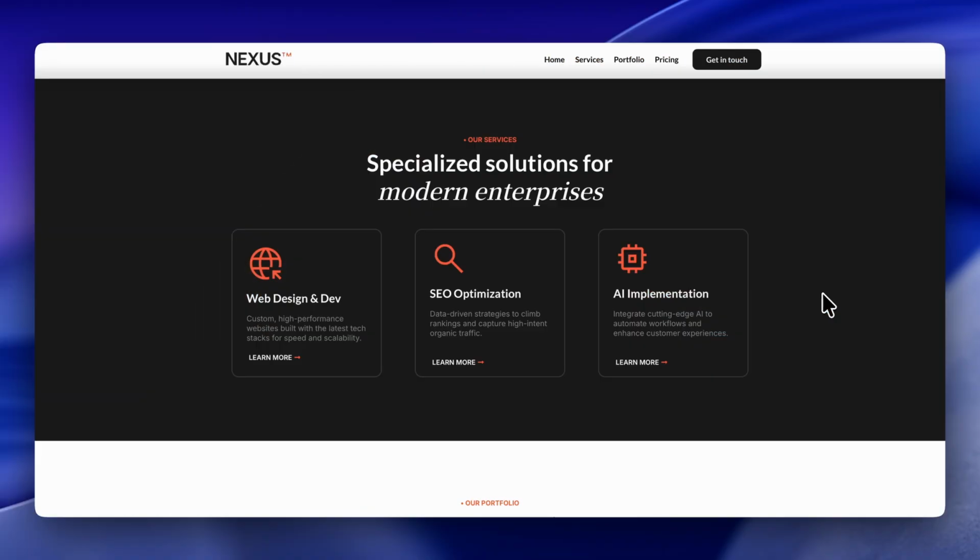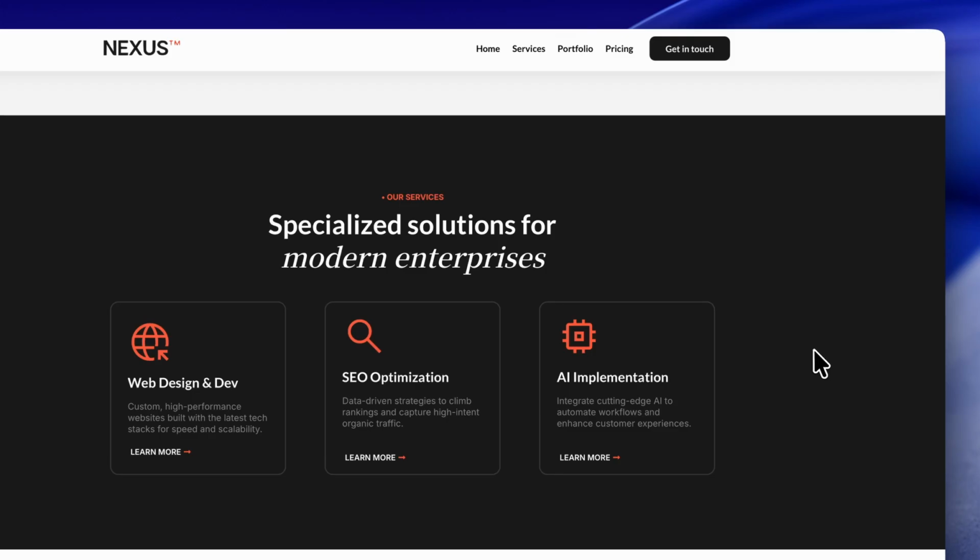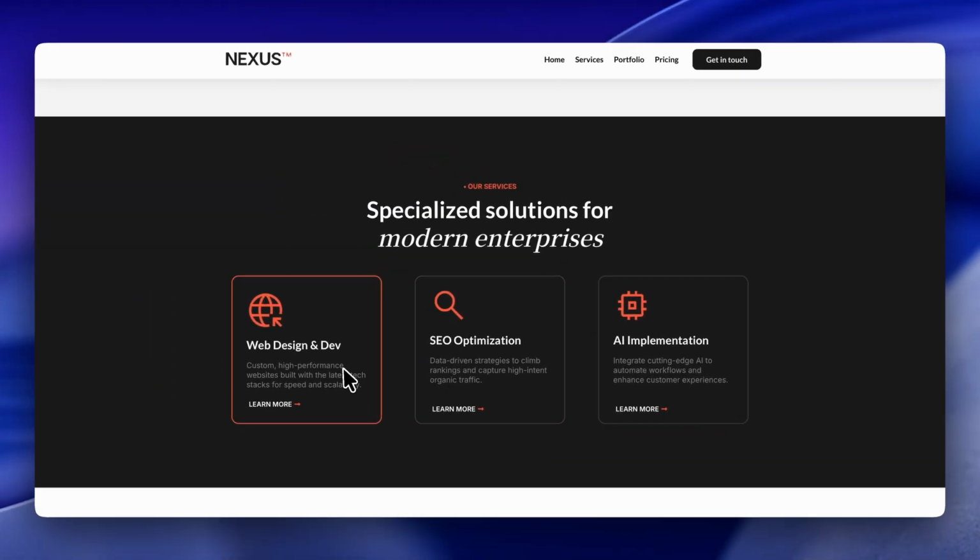We'll grab some custom CSS, apply it, and then I will show you the before and after. Okay, so I just added the effect. As you can see, this is the before, it's completely still. And let's refresh the page and I'll show you the after. And here we go. This is how it looks now. The icon is elevating a little bit and we have a really nice border. And with a little tweaking like that, you can transform a boring, plain website into an interactive and professional looking